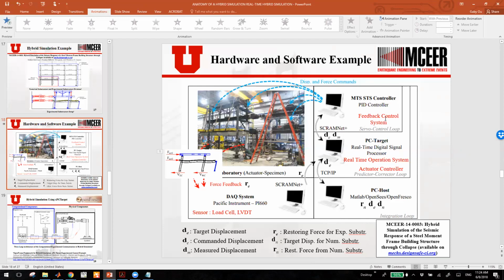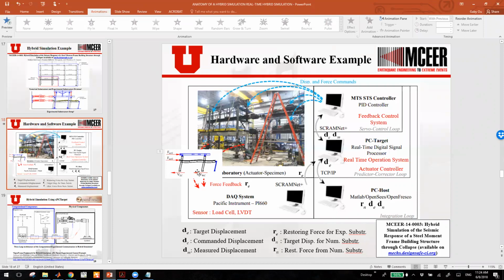So this is the controller they use. And this controller will send the horizontal command to the 2 horizontal actuators and the vertical command to the 2 vertical actuators to represent the seismic response and the gravity load. And then after the displacement has been imposed, they used the feedback force from the horizontal actuator load cells,